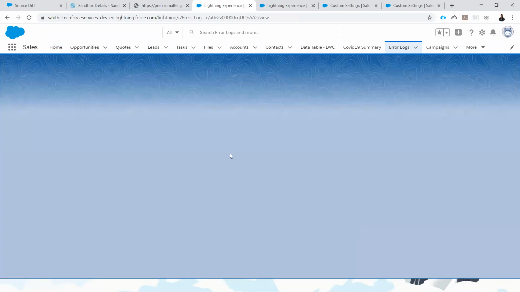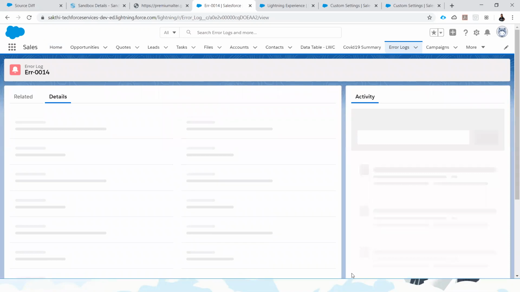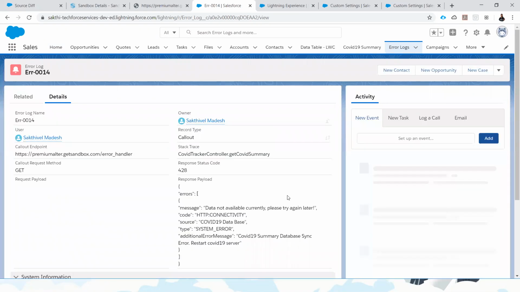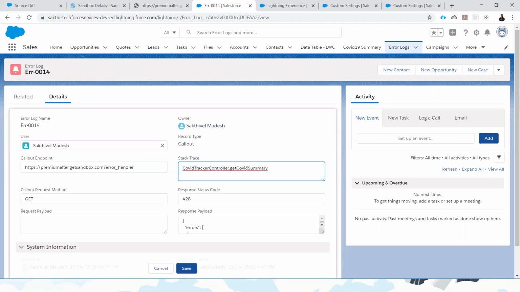let me show you the field information. See here, we know the endpoint URL, which method we are using, and the stack trace. You asked why we need to capture the method name. We can easily track which particular controller and which particular method is causing this error.